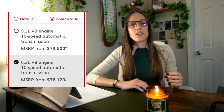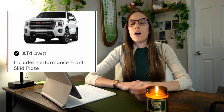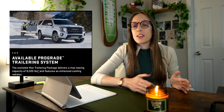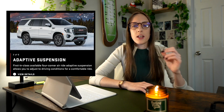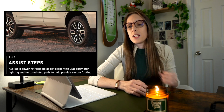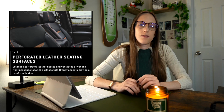We're going to look at the one that has a 6.2-liter V8 engine and has 420 horsepower, as well as an active response 4-wheel drive system, a front skid plate, 20-inch wheels with Goodyear all-terrain tires. It seats up to 8 people and has a towing capacity of 8,200 pounds. It also comes with an adaptive suspension as well as power retractable assist steps with LED perimeter lighting. It also has perforated leather seating with heated and ventilated front seats, and a dual pane panoramic sunroof with the